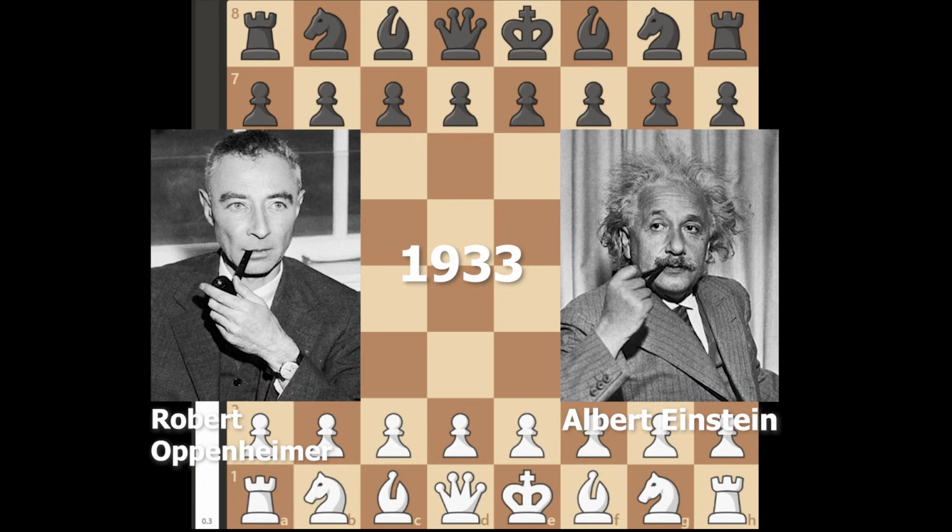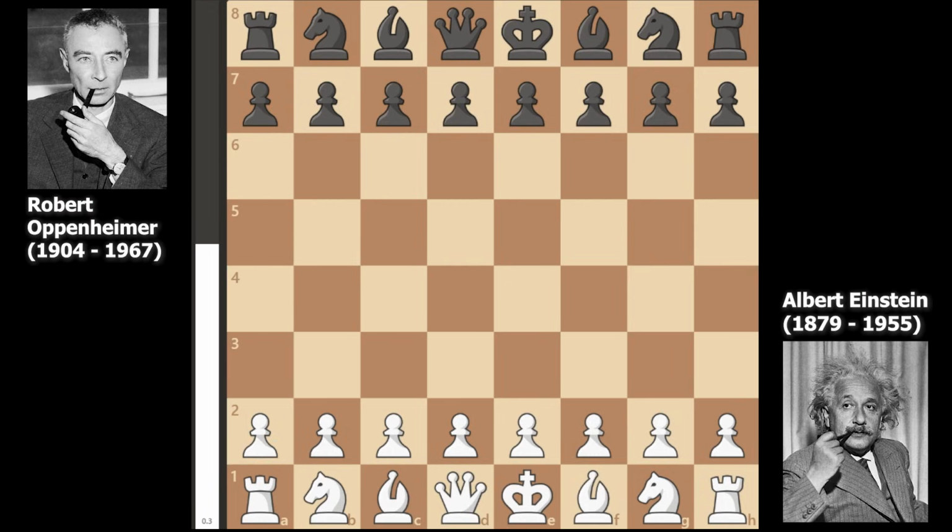Well, in 1924, this very game unfolded. Einstein, the great scientist, sat across from Oppenheimer, the brilliant theorist, in a battle of strategy and wit. This wasn't just a game of chess. It was a contest between two of the 20th century's greatest minds, both of whom had shaped the world in their own ways. In today's video, we're going to take you through this fascinating historical encounter, where Einstein opens with